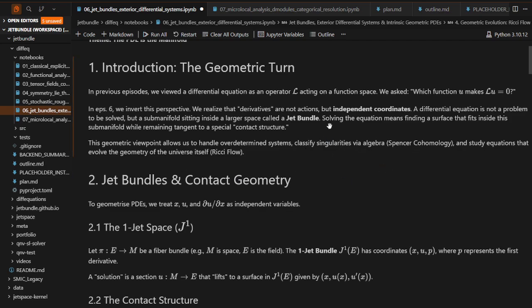And this will crown our geometric term because we're going to build on manifolds and forms. We are going to intrinsicize the PDEs, and we're going to classify via algebra, evolve geometry itself,